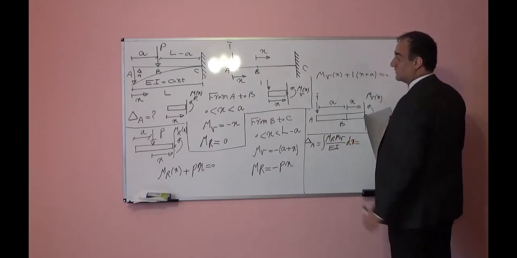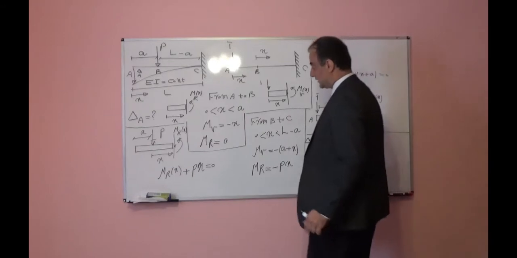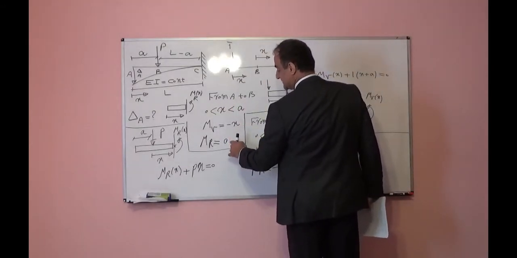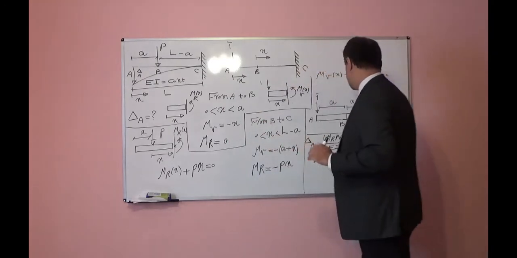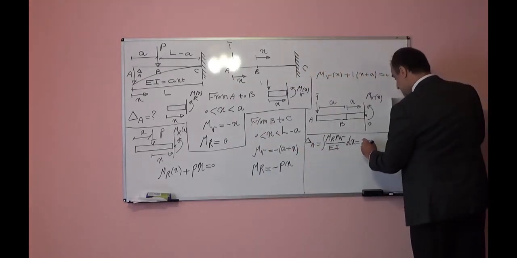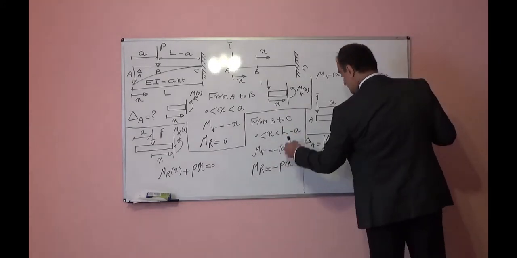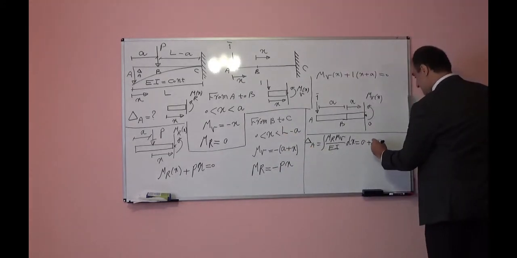Here, for each range, I will multiply here from A to B, because this one is 0. 0 times x will be 0, plus from B to C, if you multiply, you will have 1 over EI